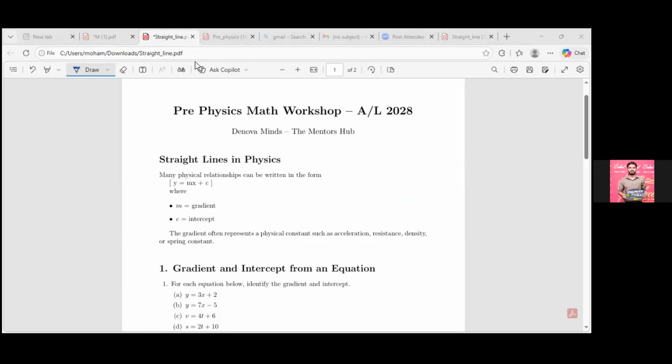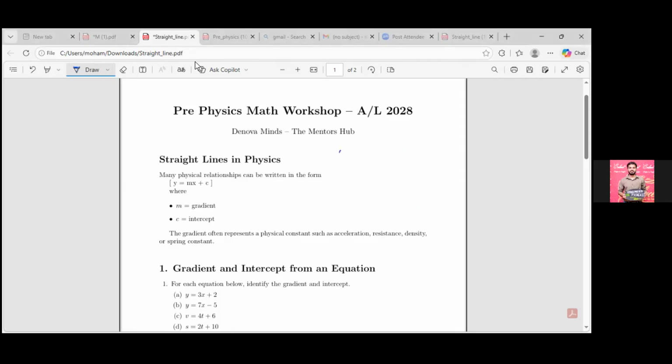All right. So next, we'll start straight lines. The next section that we'll be focusing on is straight lines. So when there is a relationship between two quantities like this,